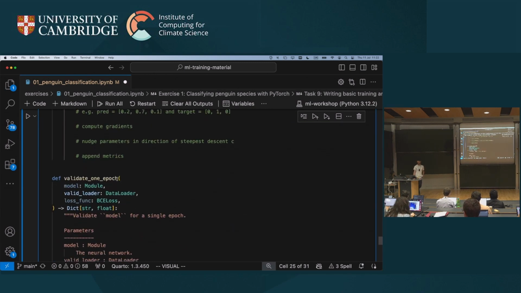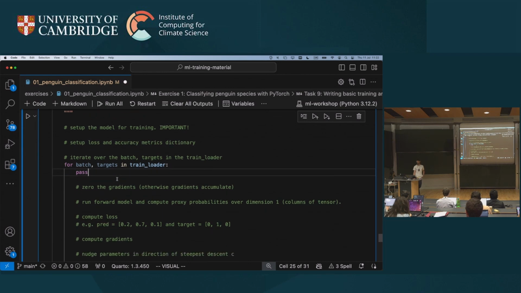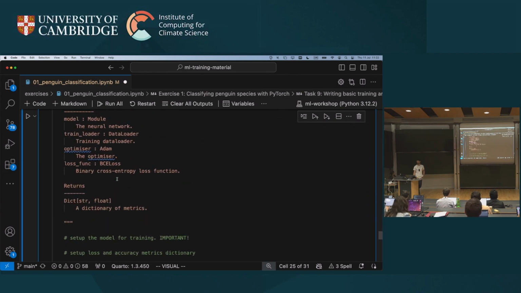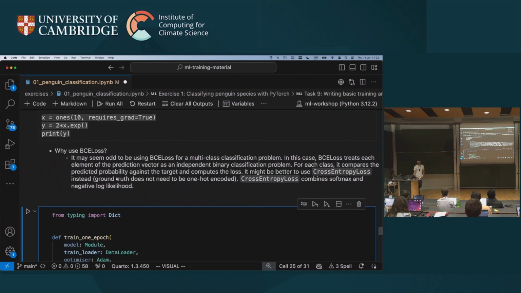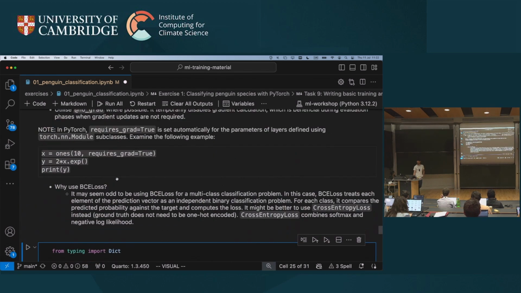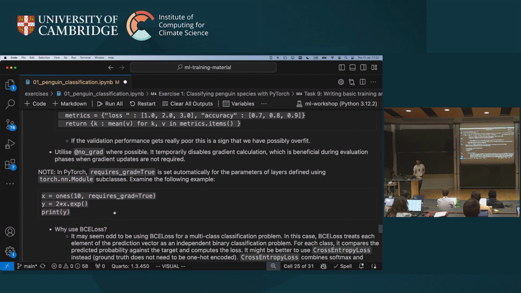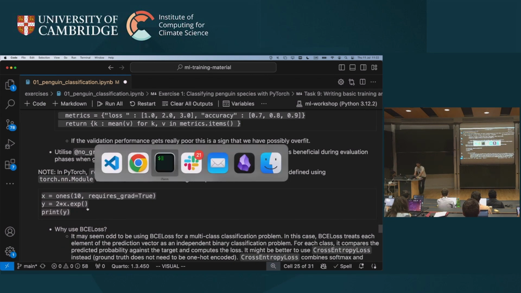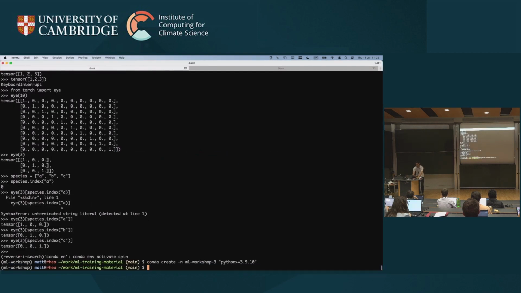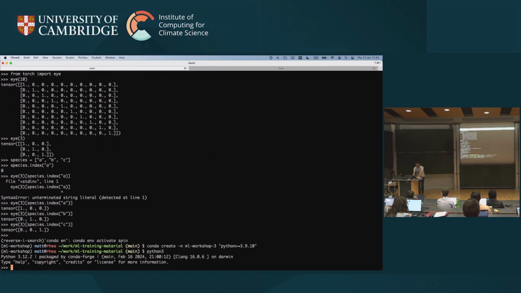I could do it for the train loader first, and then leave you to do the validation. But yeah, a bit of a digression on tensors. I didn't really talk about this before, but